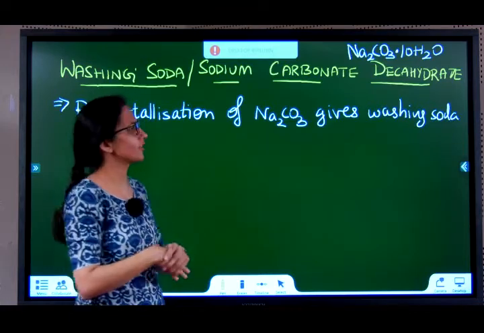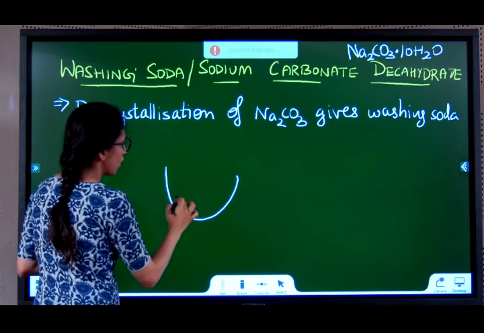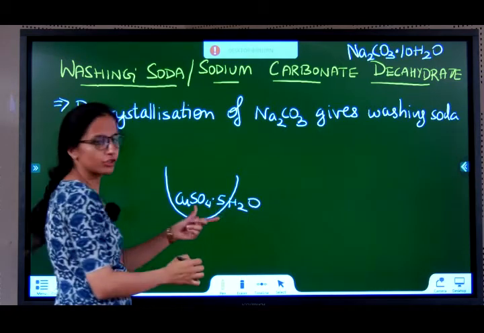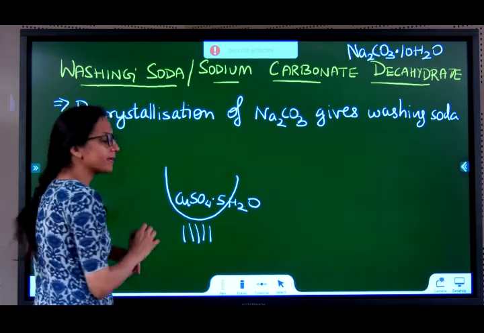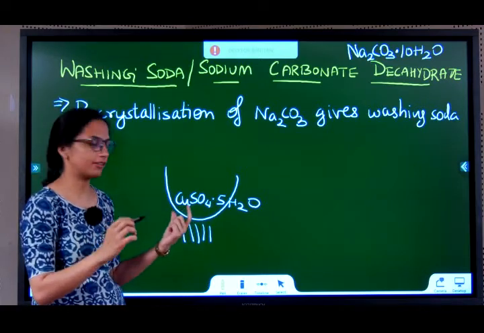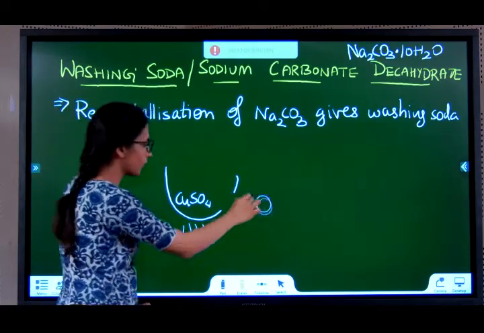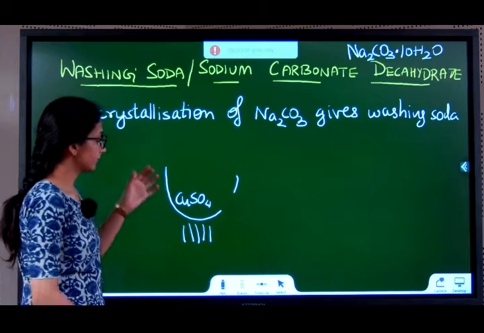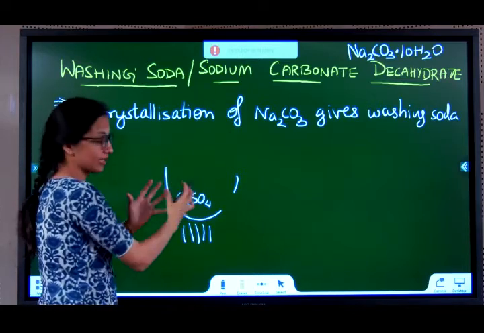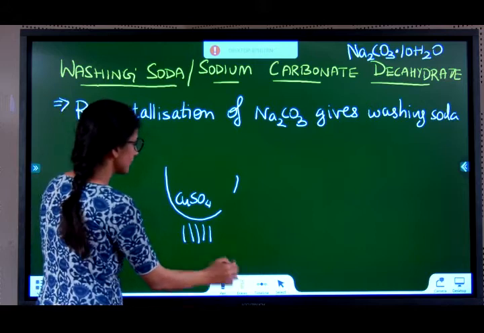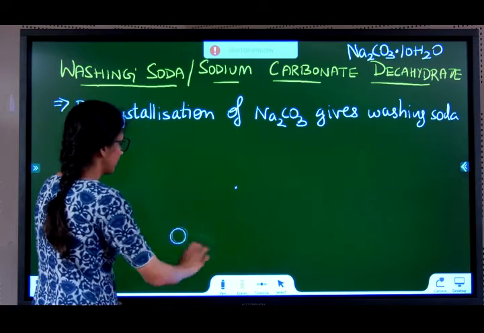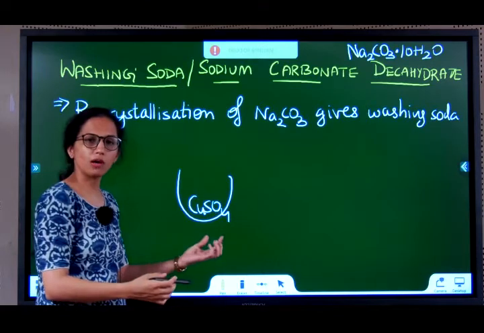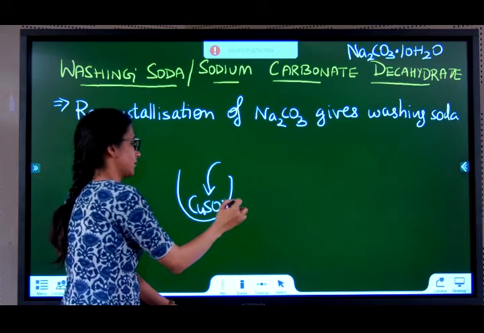We've already had it in the first chapter, recapping. For example, hydrated copper sulfate. It's copper sulfate with 5 water molecules. Hydrated copper sulfate is blue in color. If I heat it up, these 5 water molecules will evaporate. It is no longer blue in color, it's white or colorless. So these hydrated water molecules are what give color to the salt crystals. Now, if I have copper sulfate here and I want to get back the blue color, what should I do? Add water. So it gets back the blue color.